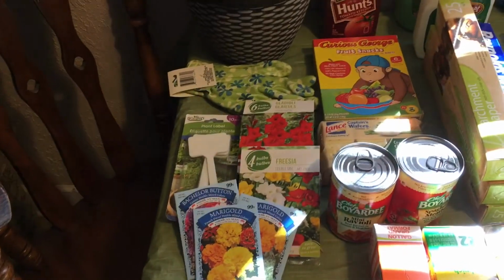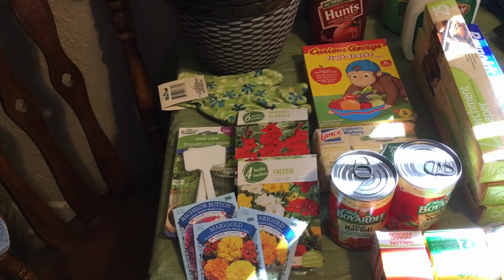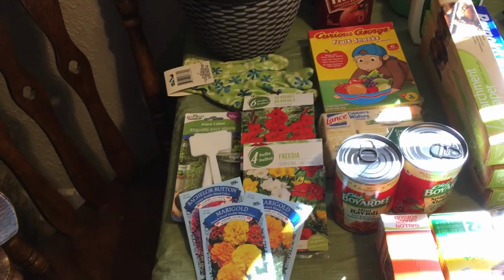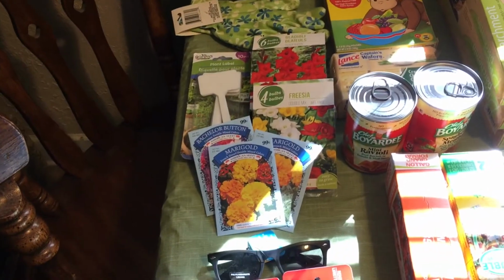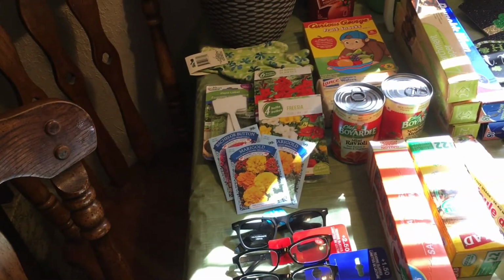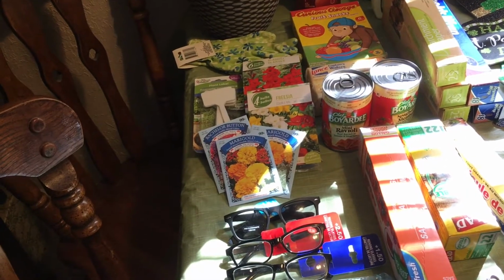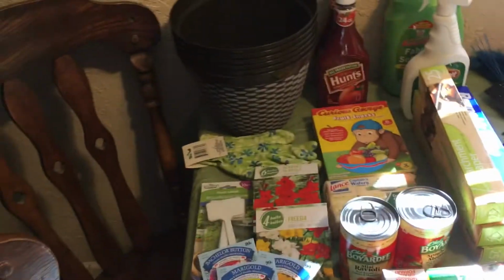I love gladiolas. I think they're really, really pretty. And I'm pretty sure that I am past the time of when I should have planted them. But I just figured I'll put them on the porch in a pot and see what happens. Same with the freesia. I did pick up some marigolds and bachelor buttons. I don't have really great luck with Dollar Tree or even store-bought marigolds and stuff. But I figured I would just pick up a couple of them and start them at the same time that